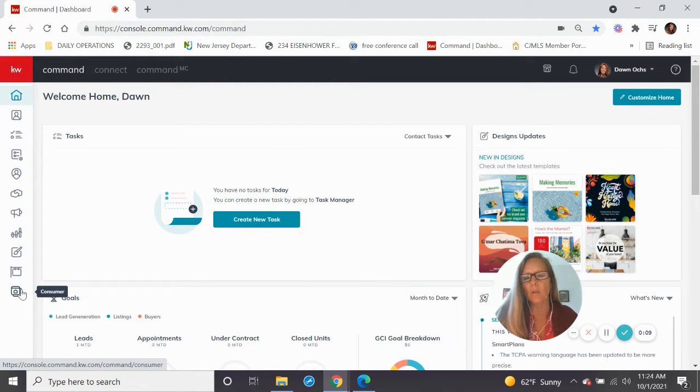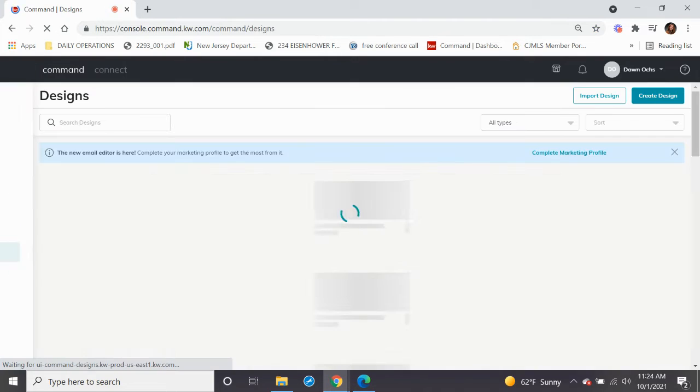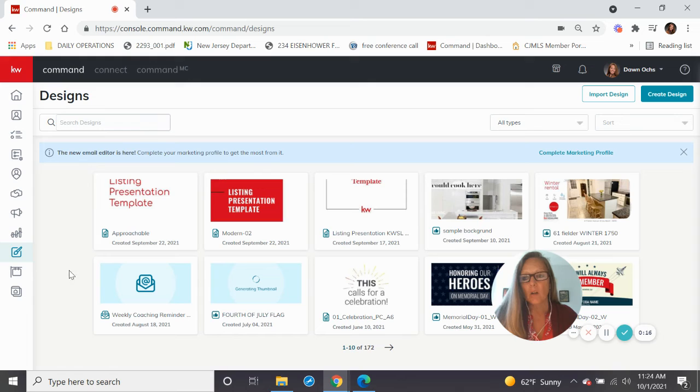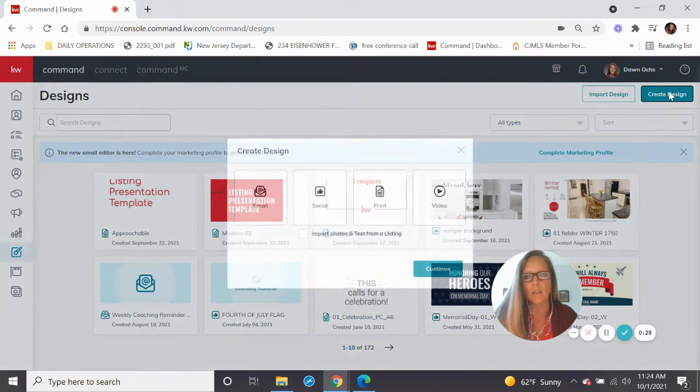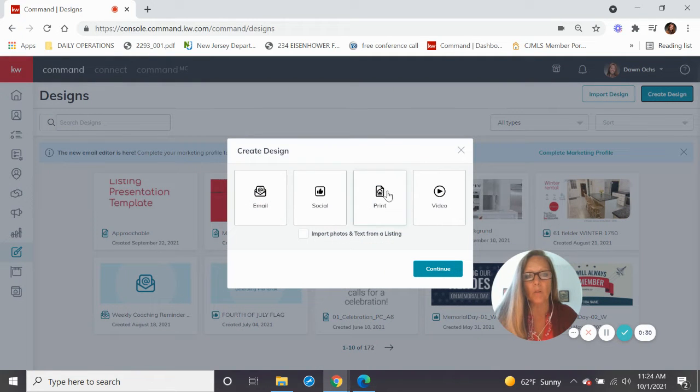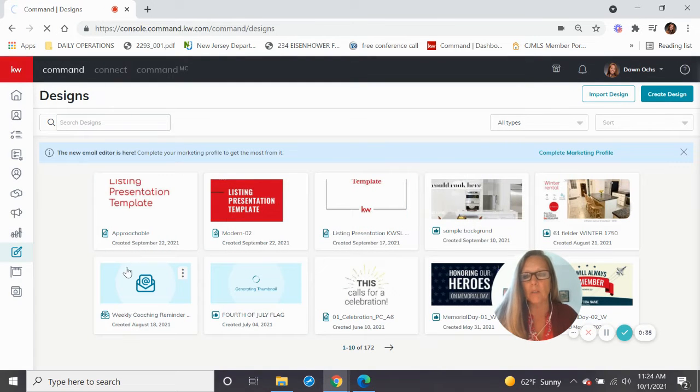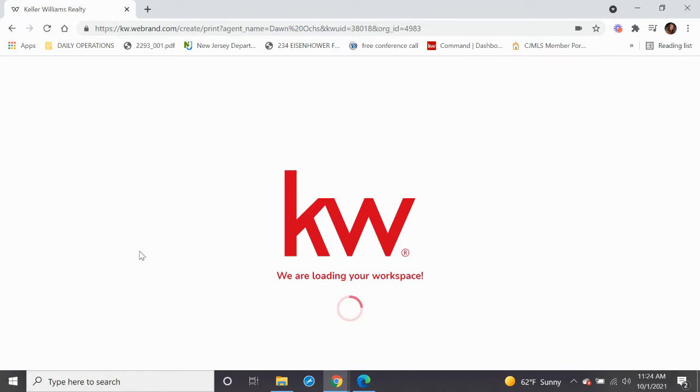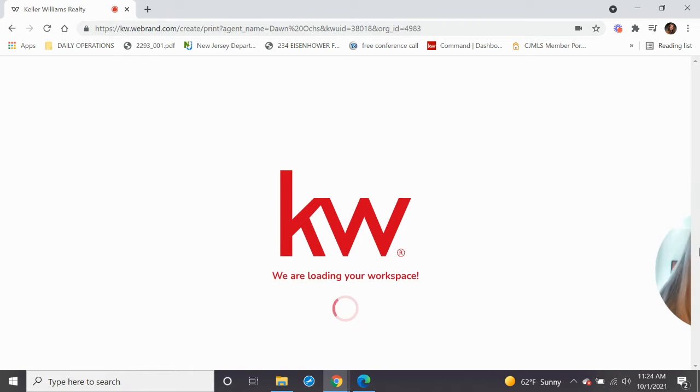We have an enormous amount of content in our design studio. Once you click the little paintbrush on the left-hand side, which is the design studio, and you choose to create a design, it will take you to our We Brand website. So this is what it looks like. Let's click Create Design. I'm going to go into print designs today just to show you how to create presentations. So when you get over to the We Brand Design Studio,